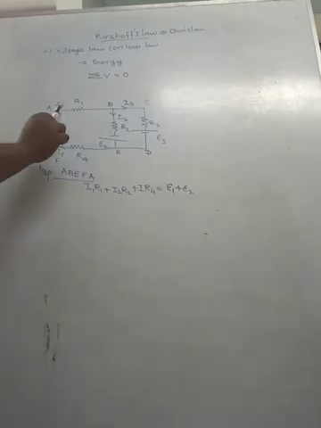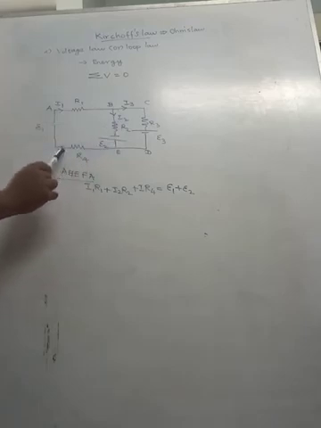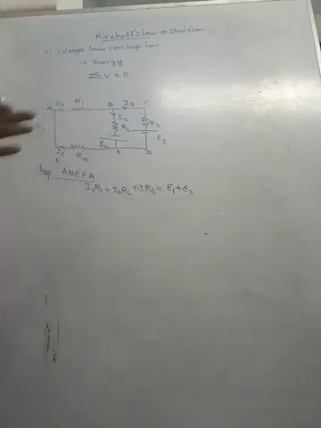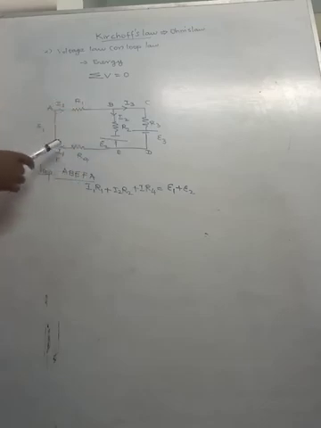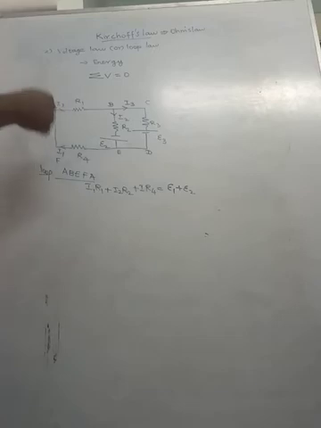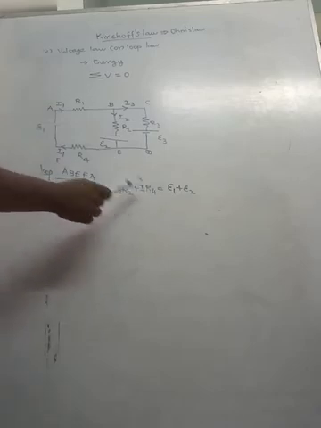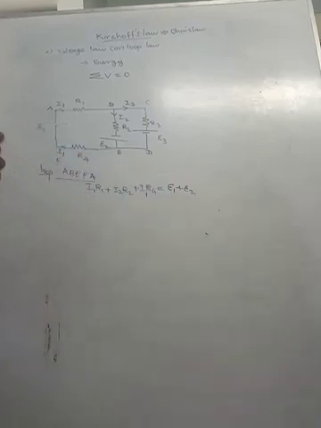Clearly listen. I1 R1 plus I2 R2 plus I1 R4. Here all the currents are in the same direction, so we take all as positive. The clockwise direction we can take as positive, and the anti-clockwise direction as negative. It's our wish; there is no rule that you must take it only one way. But always start from the positive terminal of the battery and consider that direction as positive. Then the opposite direction can be taken as negative. So here we have taken this way as positive, and we get I1 R1 plus I2 R2 plus I1 R4 is equal to E1 plus E2.